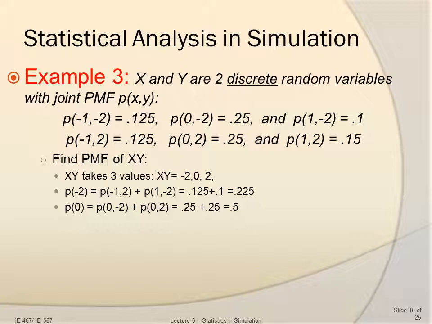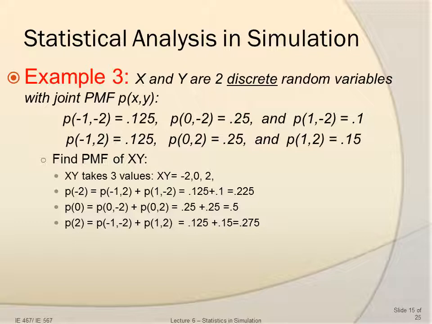So again, we find in these rows the values of corresponding probability mass values from the joint PMF of x and y. We plug those in and we get 0.5. And last but not least, we need to find the probability value for xy equals 2. xy equals 2 when either x is -1 and y is -2, or when x is 1 and y is 2. So we sum up the probability of -1, -2, and the probability of 1